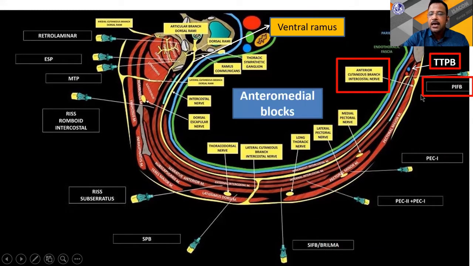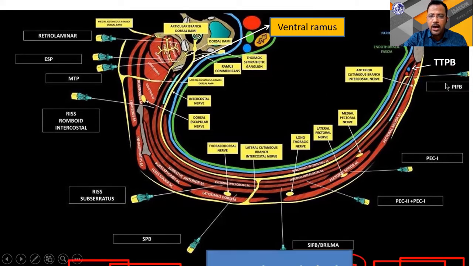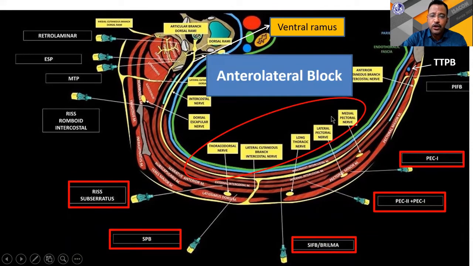So if you divide the interfascial blocks of the chest wall, there are the anteromedial blocks, which block the anterior cutaneous branches of the intercostal nerve, and these are the pecto-intercostal fascial plane block and transversus thoracis plane block. Anterolateral blocks block the thoracodorsal nerve, the lateral cutaneous branches, the long thoracic nerve, the lateral pectoral nerve, and the medial pectoral nerve. And the blocks are the PEC-1 block, the PEC-2 plus PEC-1 block, the serratus plane block,